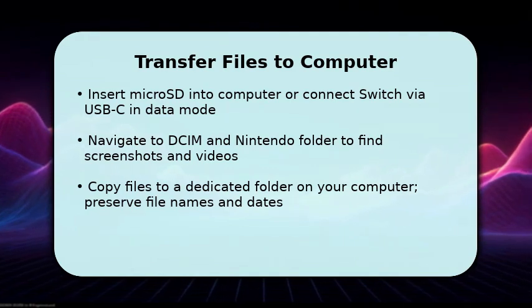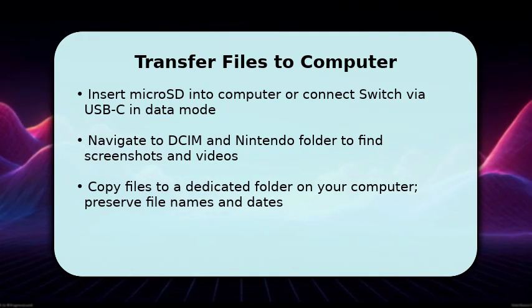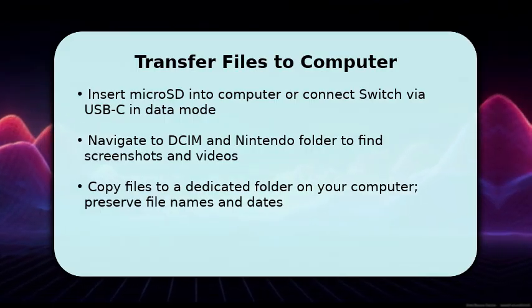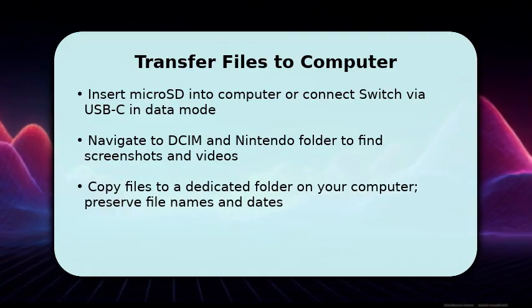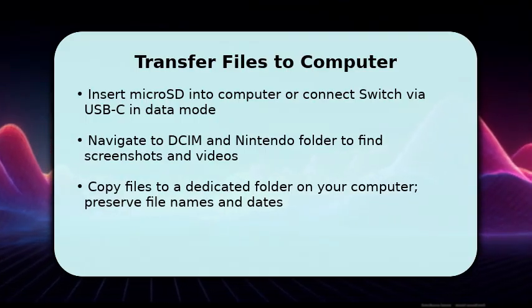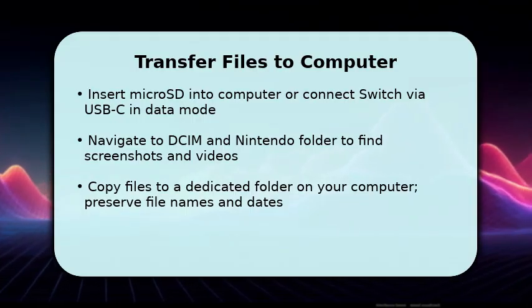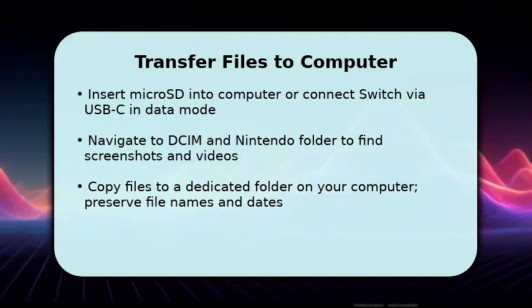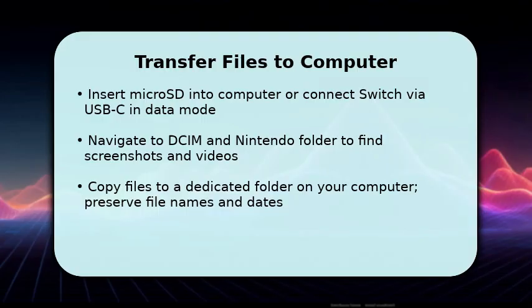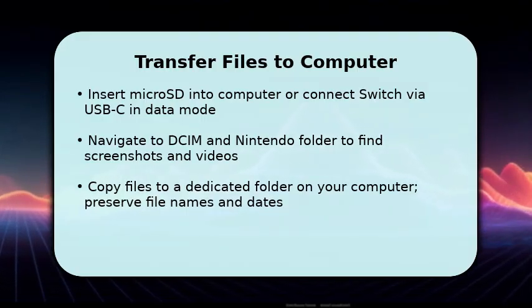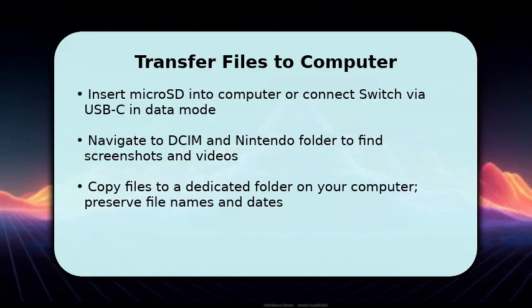If using the micro SD, open your computer's File Explorer and browse to the DSIM Nintendo folders where screenshots and videos live. If you connected directly, put the Switch into data transfer mode and use the device entry that appears. Select the images you want and copy them to a dedicated folder on your computer. This keeps them organized. Make sure to preserve file names and modification dates if you plan to sort or batch